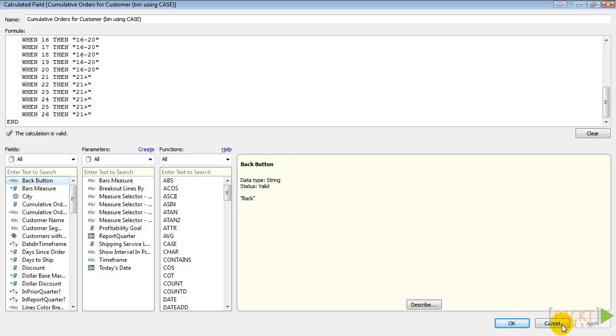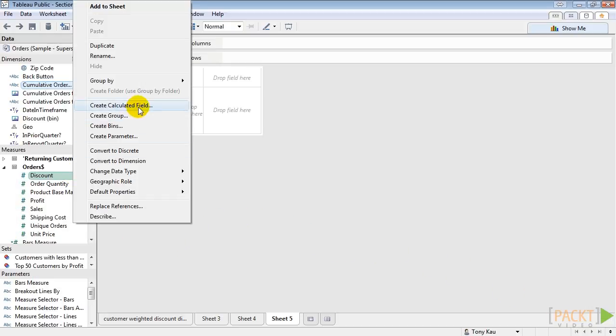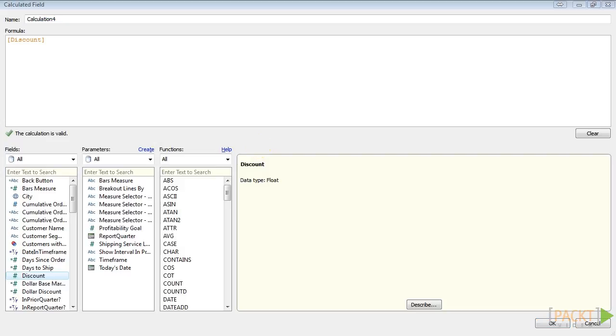So we'll cancel this, and we'll create a new field. And take a deep breath, because here we go. I always find it easiest to build complex calculations by working from the inside out. That is, to follow the order of operations that I want to happen, instead of necessarily writing the formula from left to right. So let's call this Cumulative Orders for Customer